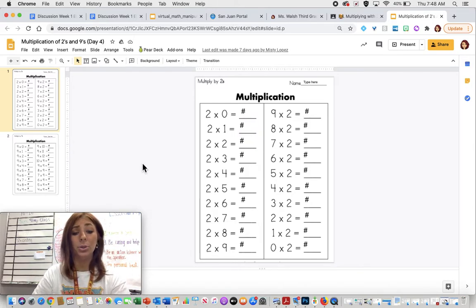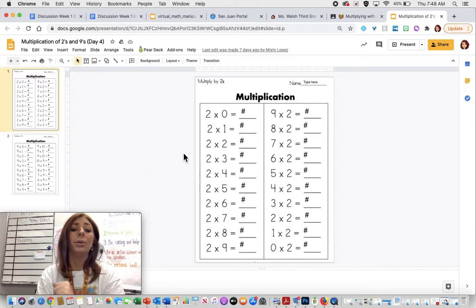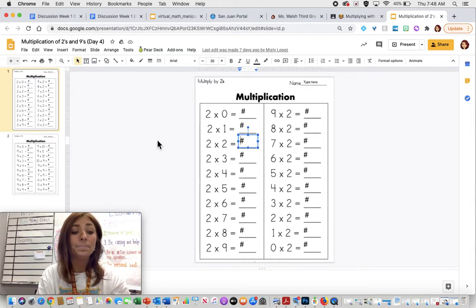So if I want to find out 2 times 2, I'm going to hold up 2 fingers, 2, 4. I'm going to skip count. 2 times 2 equals 4. I'm going to type 4 in this box. Then for